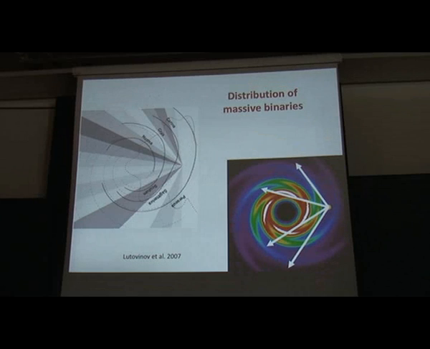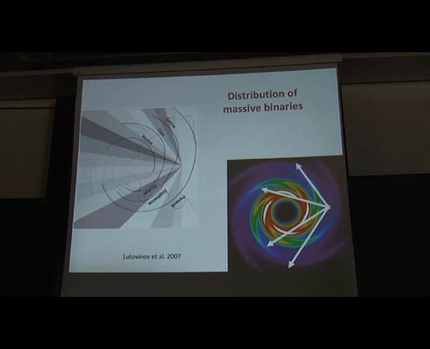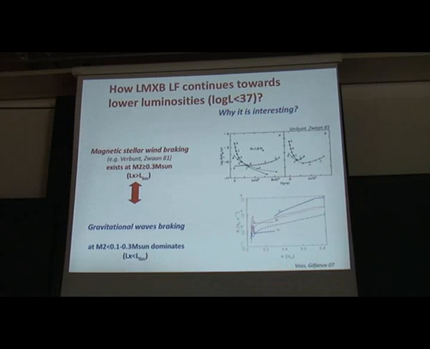And this is another representation of the same graph. You see here a 1D plot, and here is how it looks in the sky. We are sitting here, and these are the spiral arms, and the gray shaded area is just showing the number. The darker the sector, the more high-mass X-ray binaries you see. And this is compatible with what we expect in the case of the spiral arm structure in our galaxy.